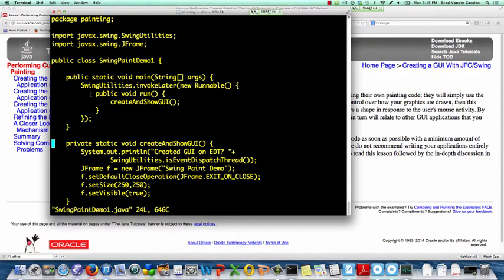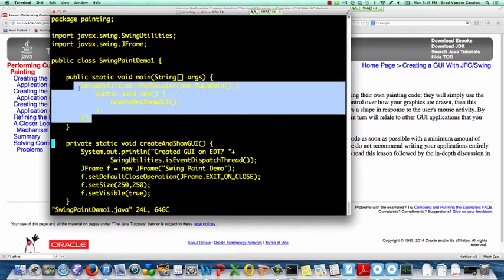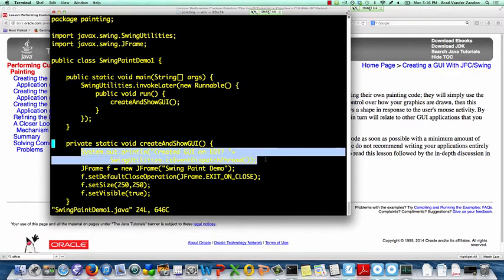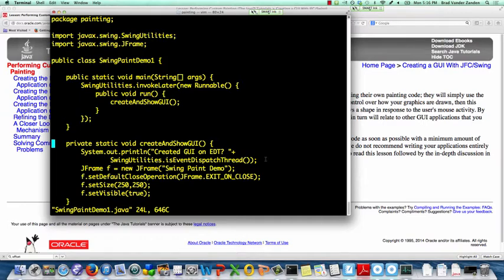You can see that when we run our main, we call createAndShowGUI, and as always we're doing it by invoking the invokeLater method from SwingUtilities so that it's put on the event thread. And just so that you can see the difference between writing to the console and later creating graphics in a window, we've put a print line statement in here